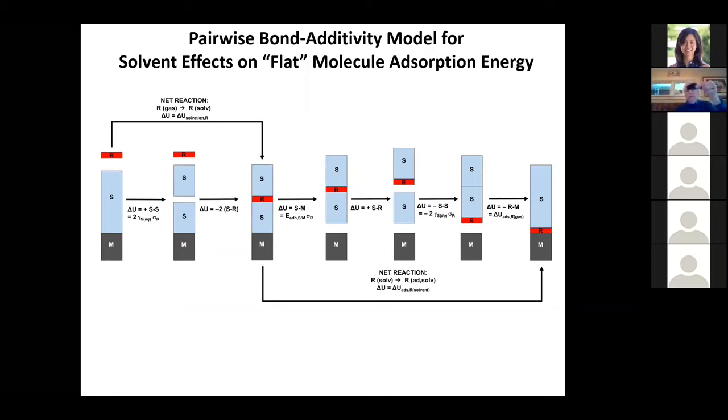You can picture a dividing line here, with the top face and the bottom face, and the solvent interacts with this over a projected area, and the solvent interacts with this. When you break it apart